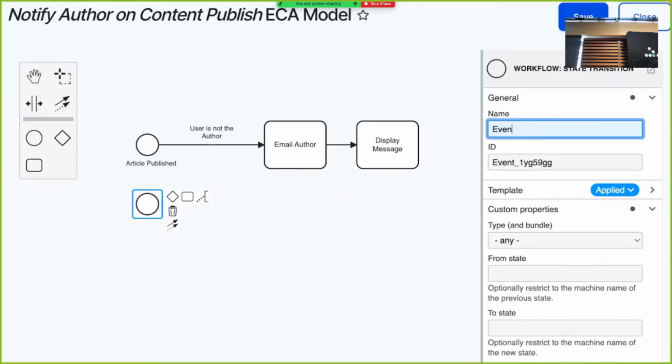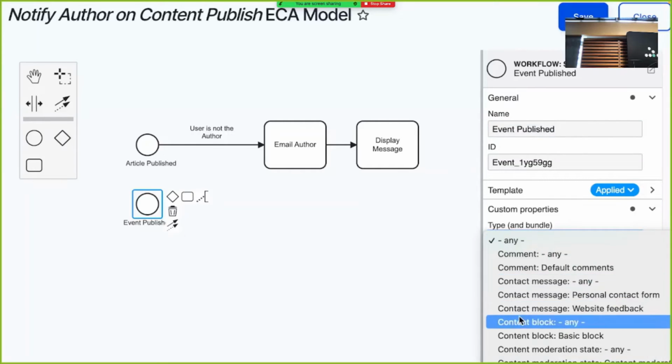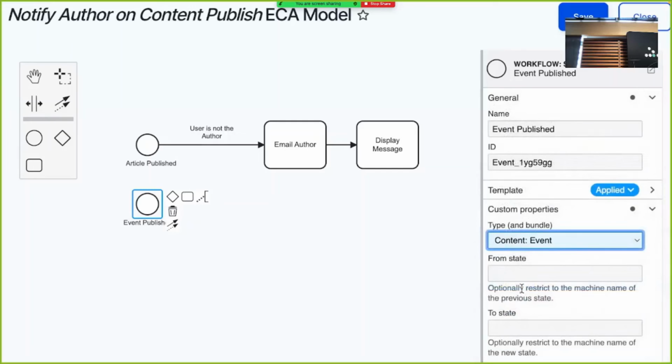So as a site builder, you can go in and configure the site to really define custom business logic without having to write custom code. That leads to lower technical debt on an ongoing basis and makes the site much easier to maintain. And the other thing that I love about ECA is that